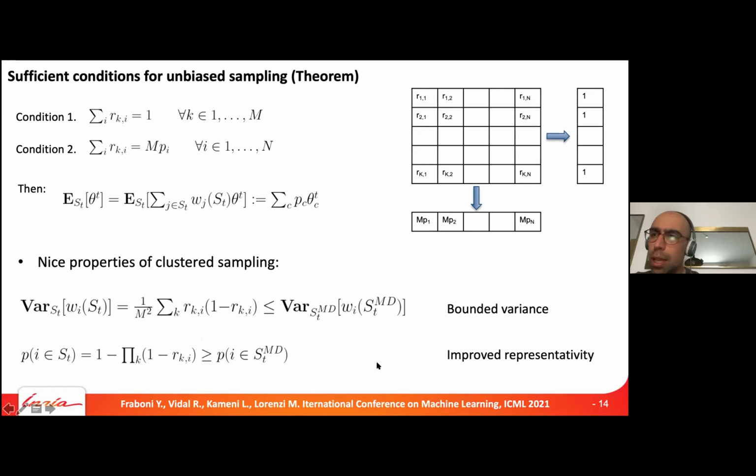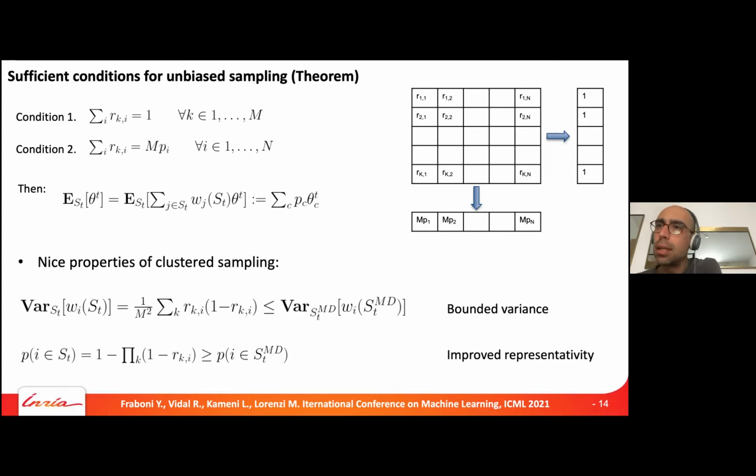So I don't think I understood the last part. Is that probability marginalized over all these iterations? No, for the given iteration. The probability of the client ending up in the set of clients that have been selected for performing the aggregation at that round of federated learning is greater than or equal to the probability of the client being selected if we were sampling with a multinomial distribution. This is for a given round.